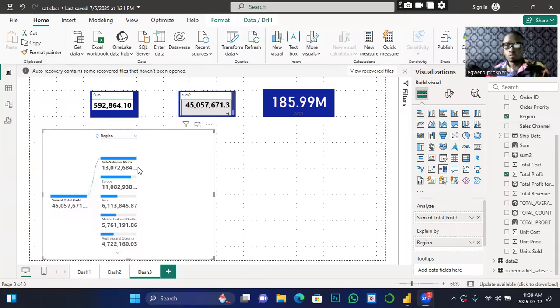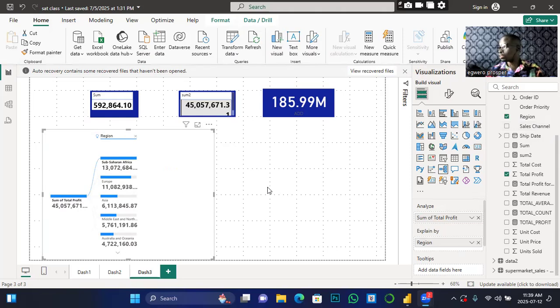Okay, so we are still analyzing with the decomposition tree, which I said is used to break down complex data into smaller and more manageable parts. And at the same time, it gives us hierarchical view. Now, what is the hierarchical view? If you look at this now, please let's pay attention. You see that this is the father. Let's say this is the grandfather. So this grandfather gave birth to this. Now, this can as well give birth to another set of